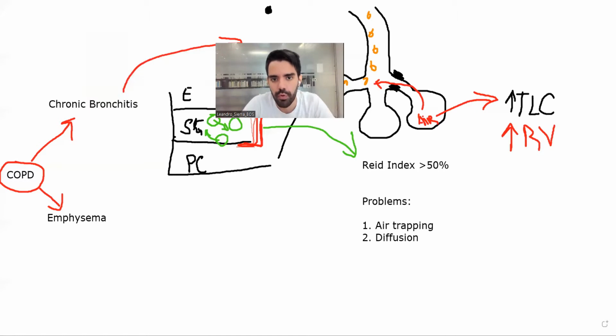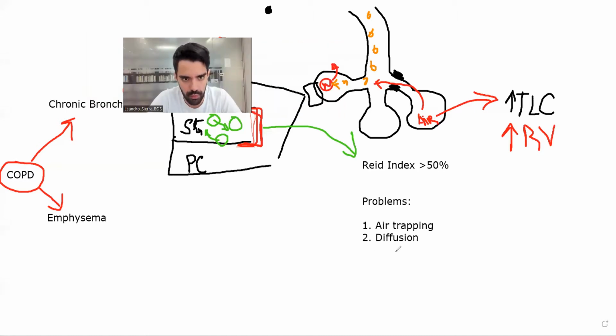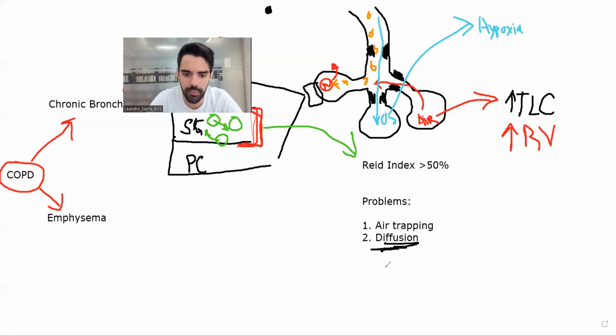Okay. Diffusion. So what is the problem in the diffusion? If we have a thicker bronchi, or a thicker bronchiole, the diffusion of the oxygen, let's draw the oxygen in blue, is going to be more difficult, right? So this would cause a hypoxia first, that will cause a hypoxemia after. Why is there a hypoxemia? Because